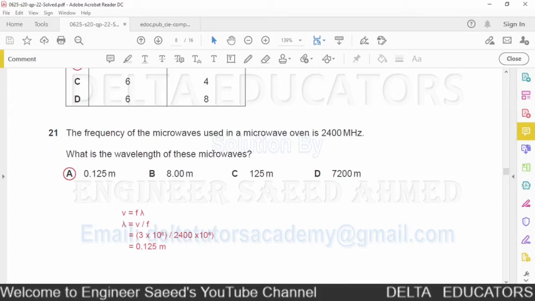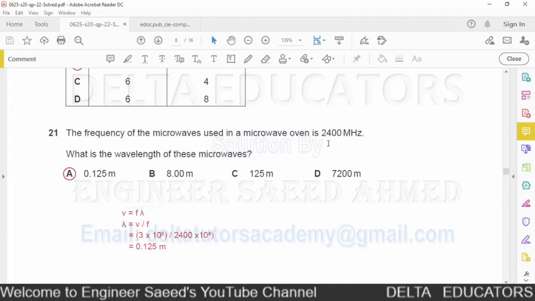Since here we have to find the value of lambda, the wavelength, we have to make lambda our subject. Making lambda the subject, λ = v / f. Here velocity is not given, but we have a microwave. Since a microwave is an electromagnetic wave, and for all electromagnetic waves the speed in vacuum or in air is 3 × 10^8 meters per second, the velocity of the microwave will be 3 × 10^8 meters per second.